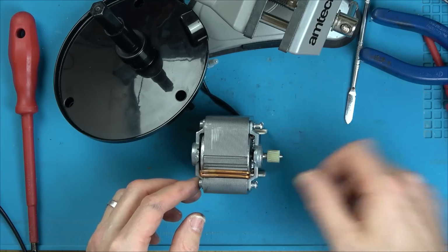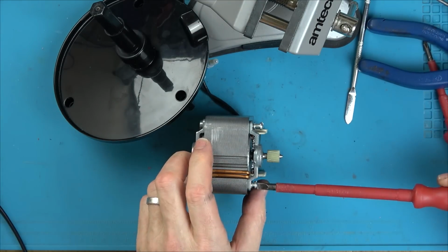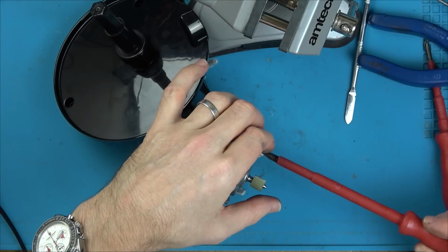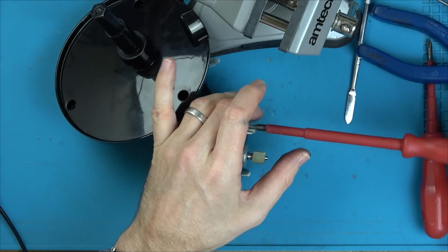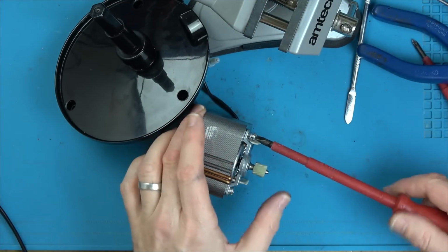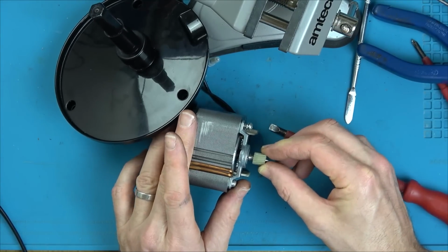I could put it in the vise, couldn't I? I don't want to have to keep taking it apart, you see. Those fingers are definitely tighter on it now though. The fingers did seem to be a little bit loose. And I think that would make sense, because when you're pressing down on here, you're pushing the...